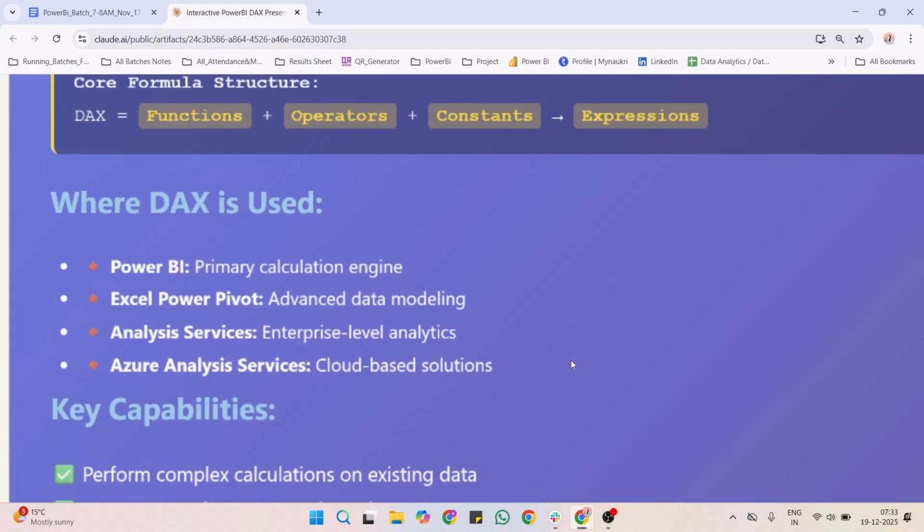So now we'll discuss this DAX. Where are we using this DAX? Primary calculation engine. It's the heart of Power BI. It will create a data set which is not present. Which does not exist, it will create by using some formulas. And then Excel Power Pivot,